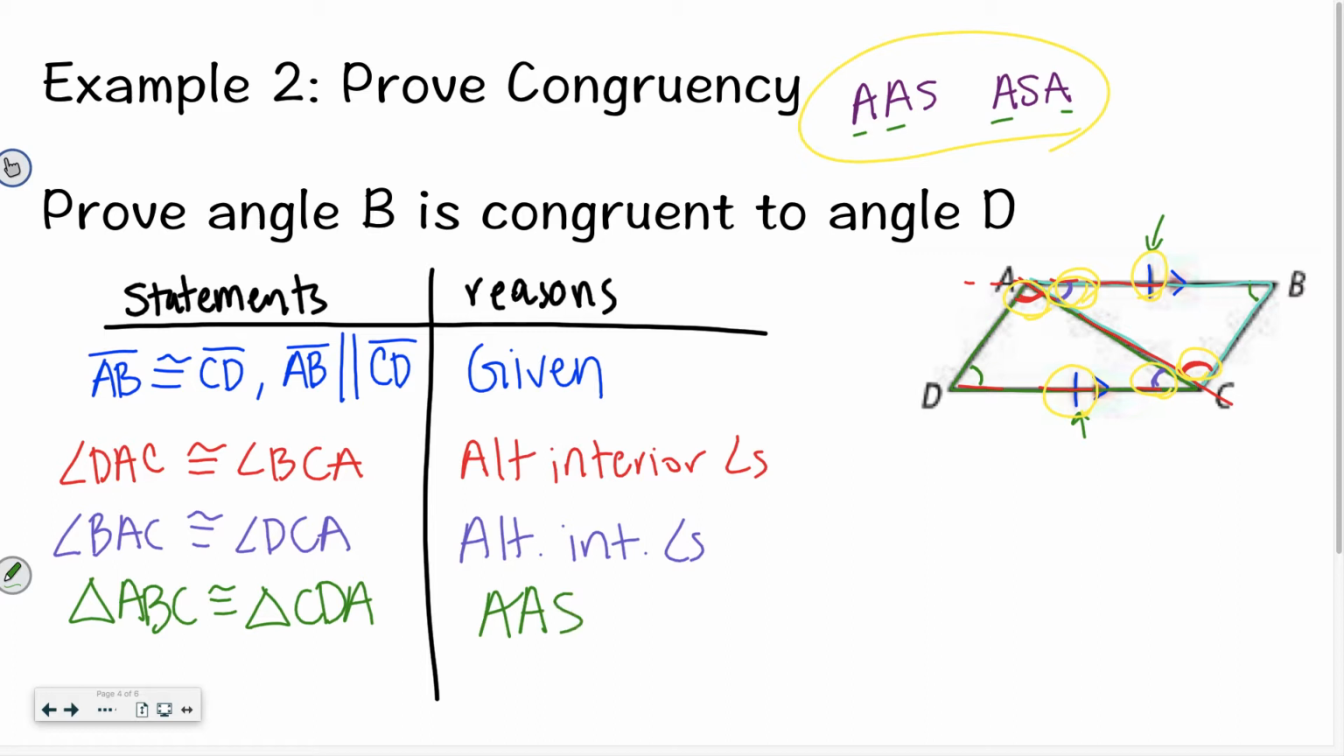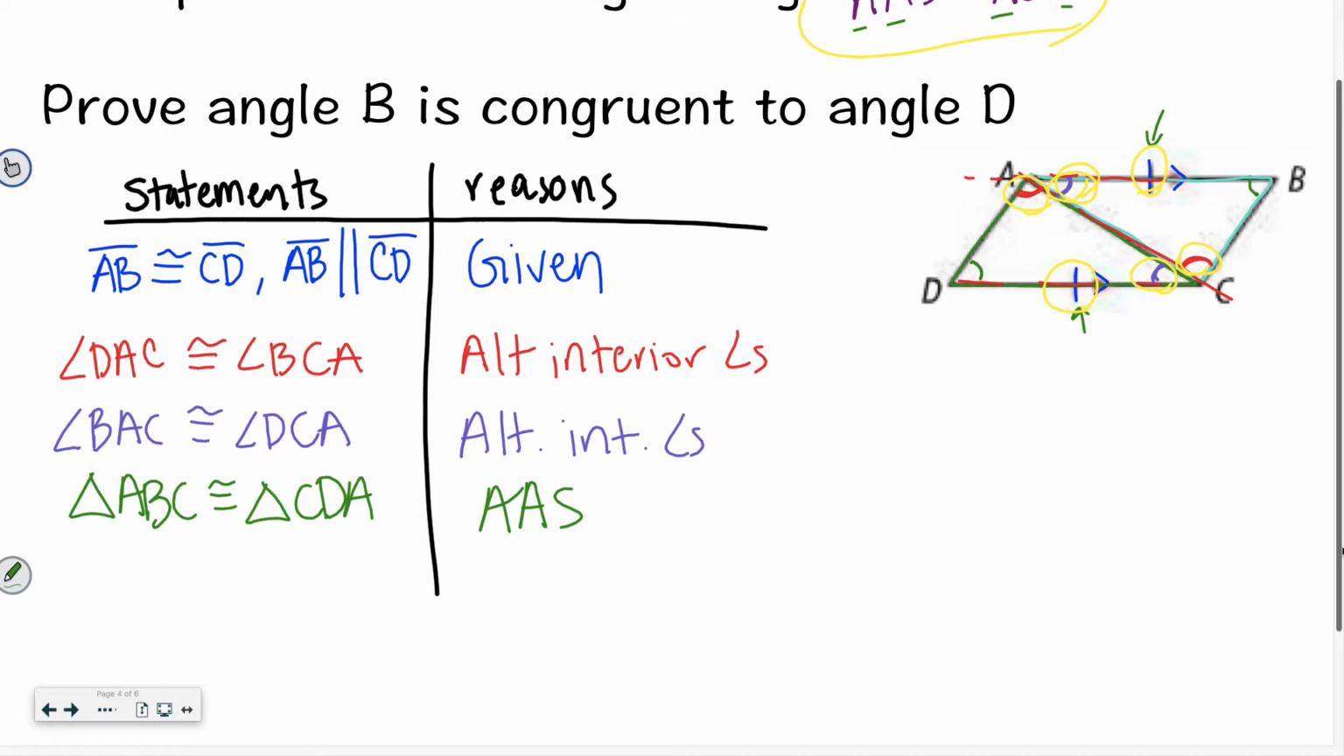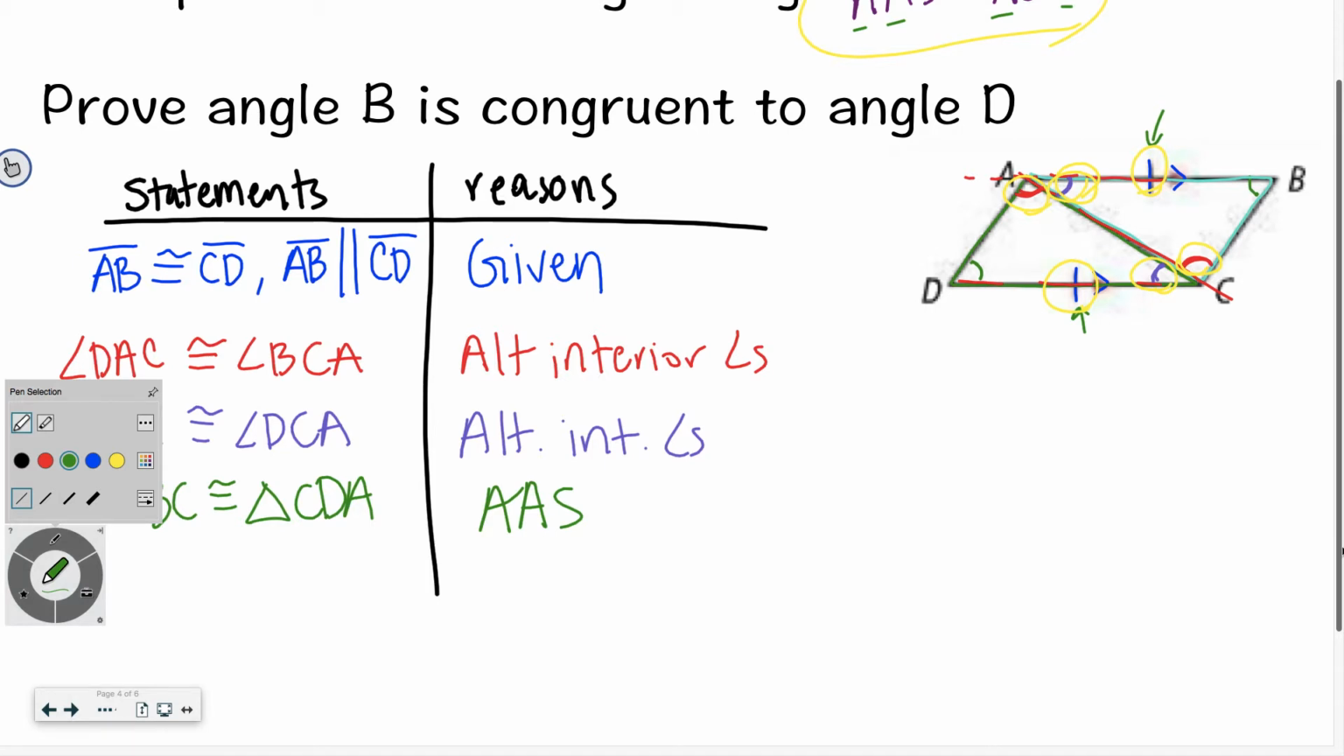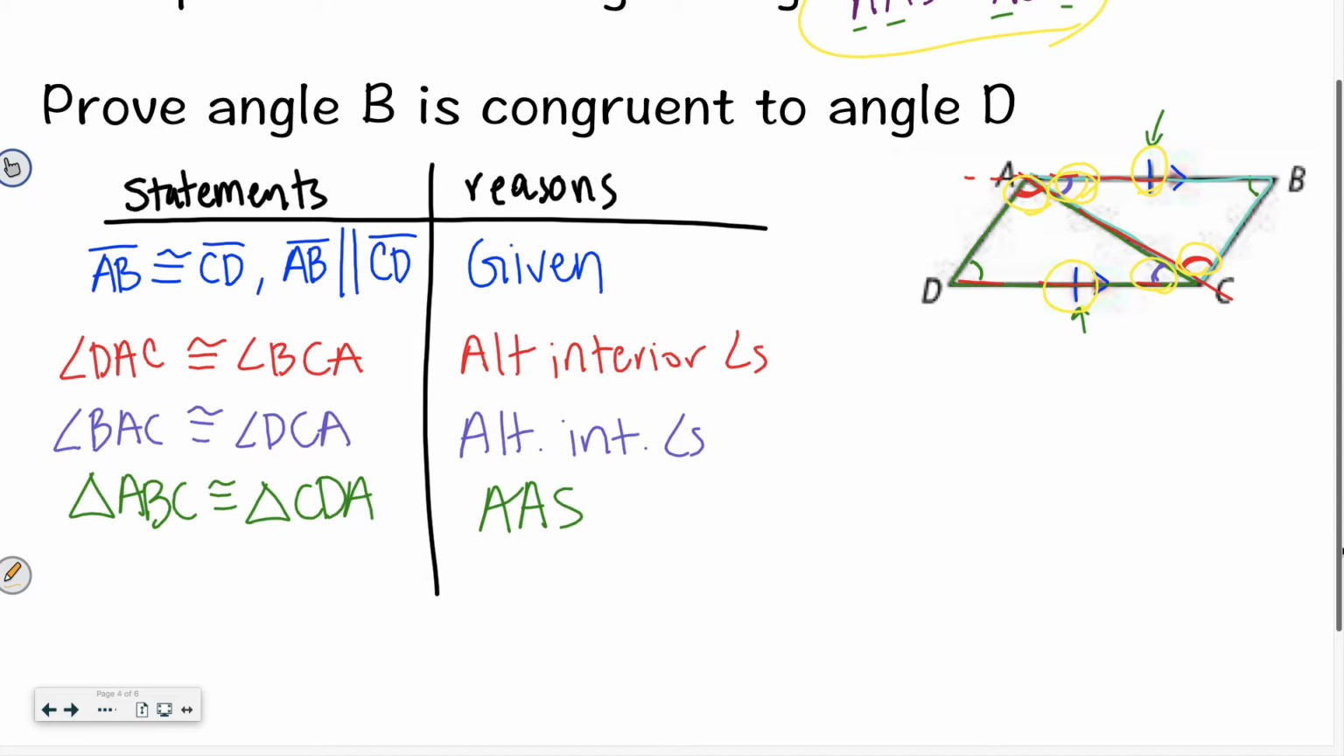Now that I know they're congruent, this is where we talked about this briefly yesterday, where if two triangles are congruent, that means everything about them is also congruent. So I can say that angle B is congruent to angle D, and this is using the CPCTC theorem. Remember, the corresponding parts of congruent triangles are congruent. I know it's a mouthful, but